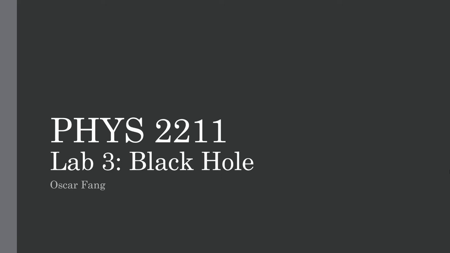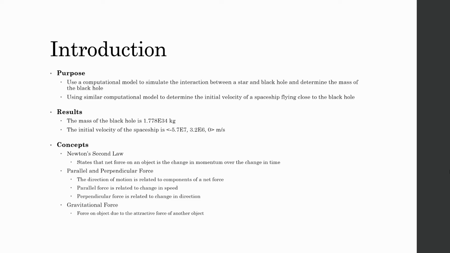In Lab 3 of Physics 2211, we simulated a black hole using code. The purpose of this lab is to use a computational model to simulate the interaction between a star and black hole, which will allow us to determine the mass of the black hole. We will then use a similar model to determine the initial velocity of a spaceship flying close to the black hole. We found that the mass of the black hole is 1.778 times 10 to the 34 kilograms, and the